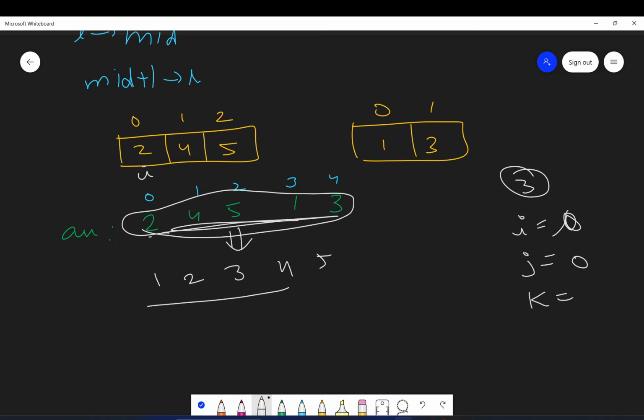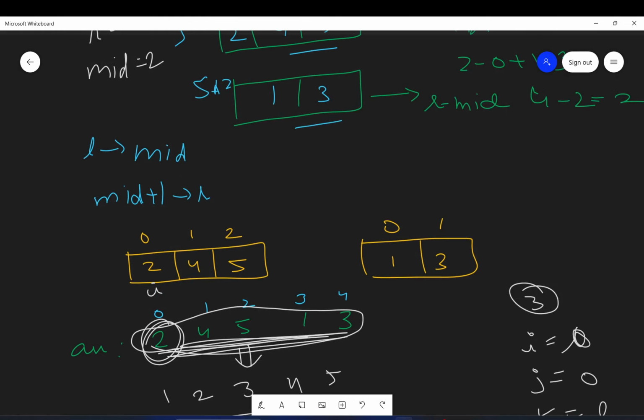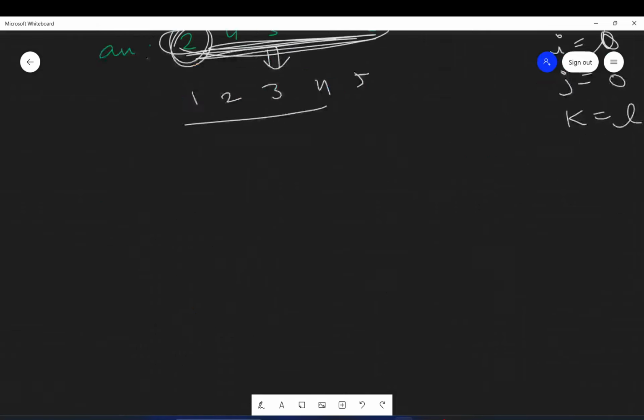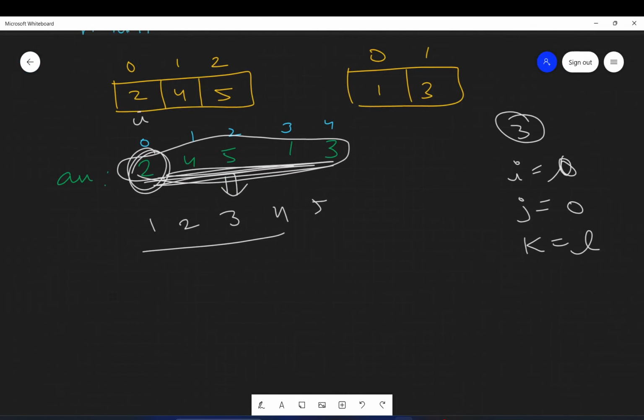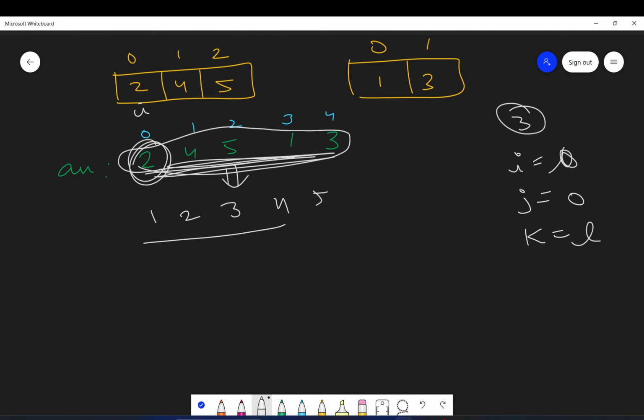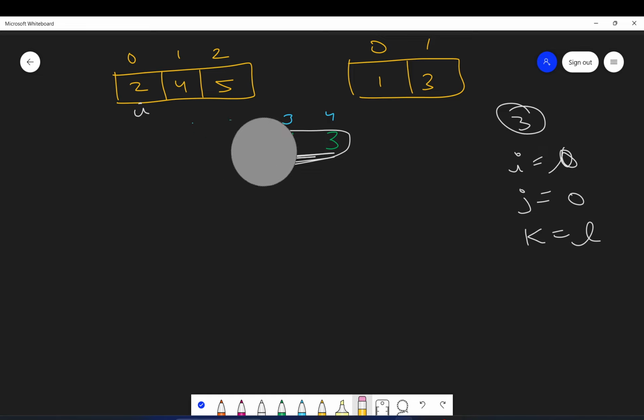So this array's pointer will be K, and the starting index will be L, because this array's starting index is L. Now we will start. So this is 2, 4, 5, 1, 3, and here we have I, here we have J, and here we have K.